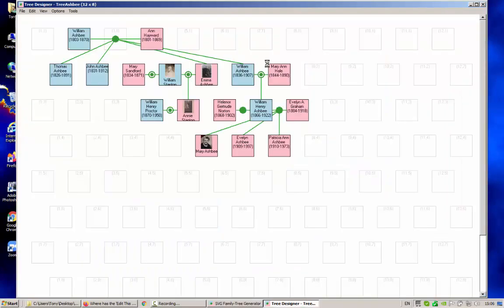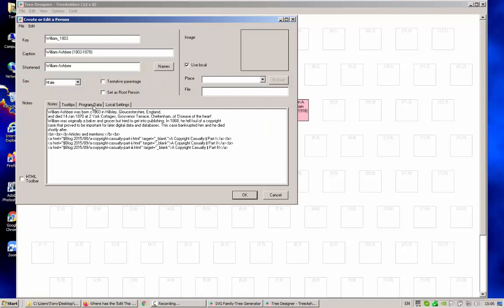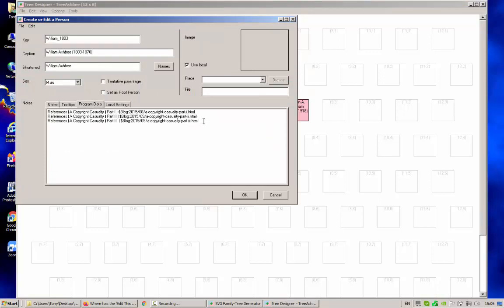Go back into the tree designer. How did we get those article references in? So let's edit one of these persons. Go to the program data tab, and there's a slightly cryptic looking list of the article references. What that is in a format that is registered in that application registration file, and if you want to manipulate it, when you're on the program data tab, the edit application data is available, and we can pick edit articles